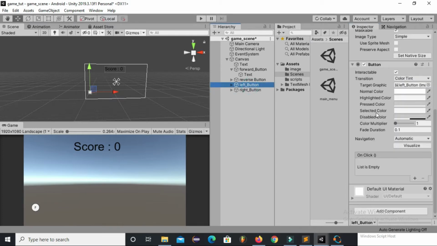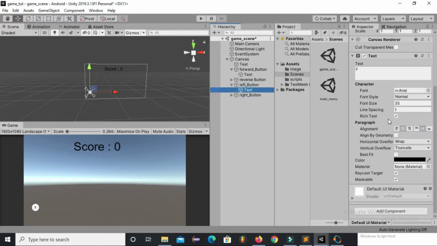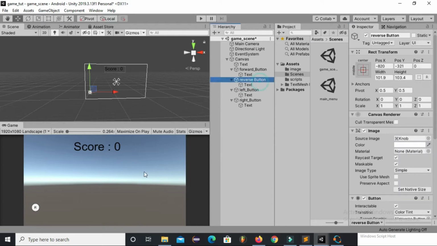Now change the text in every button. Now place these buttons as per your convenience. I'm placing the left and right buttons at the right corner of the screen. You can place them wherever you want.